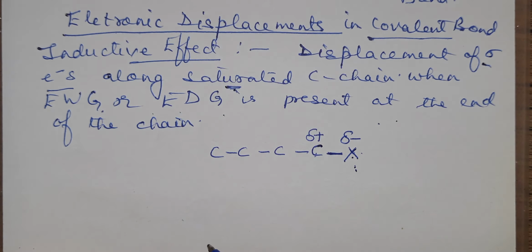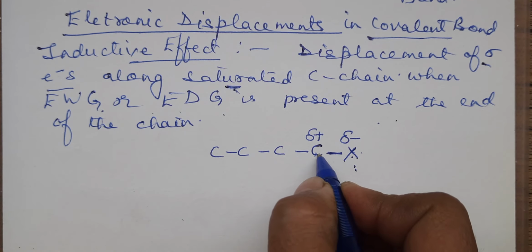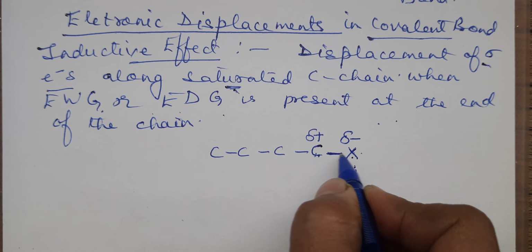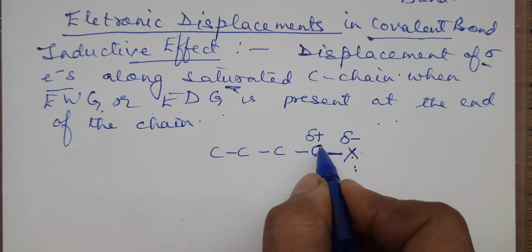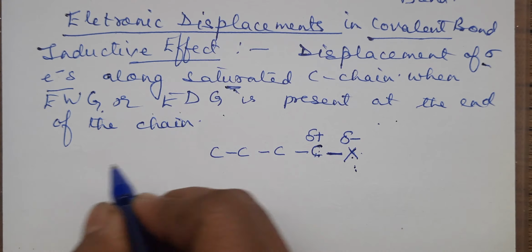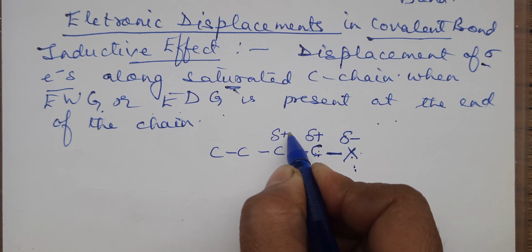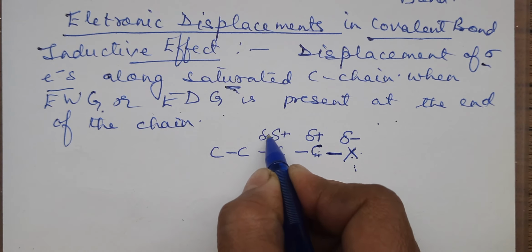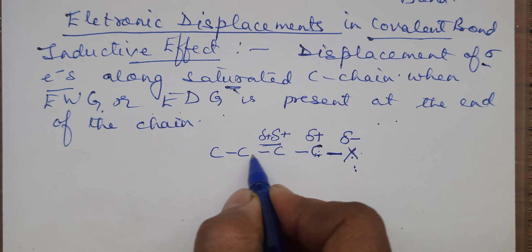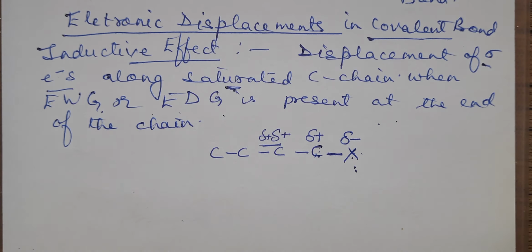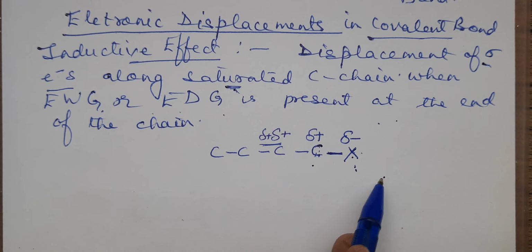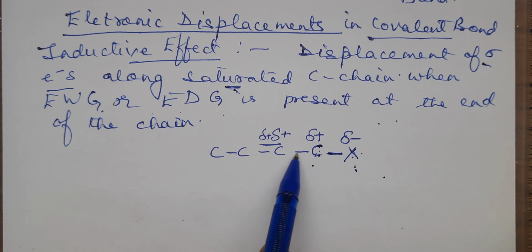So this effect will not stop here, definitely, because it is attached to the first carbon. Here the effect of the positive charge will be maximum. As you move away, the positive charge will decrease. This also will get a partial positive charge, but the partial positive charge will be lesser here. Still, as you move away from the carbon containing halogen, the effect of this positive charge will go on decreasing.